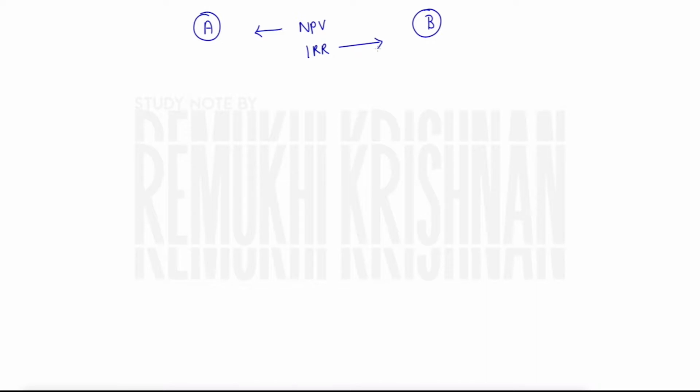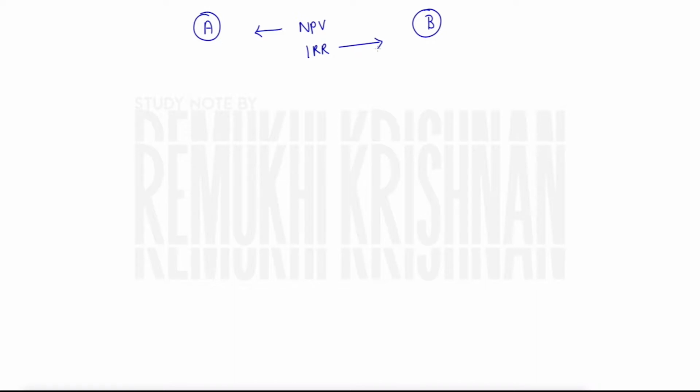I'm just solving this sum under the NPV method and I'm arriving at the answer that project A is better than project B as per NPV. Now I am working out the same problem under IRR, and I arrive at the answer that project B is better than project A. Even though it is the same problem, I am arriving at two different answers. NPV is providing me the answer A and IRR is providing the answer B.